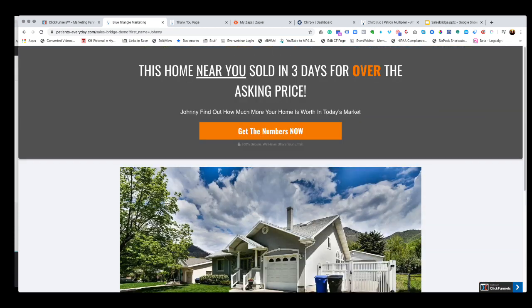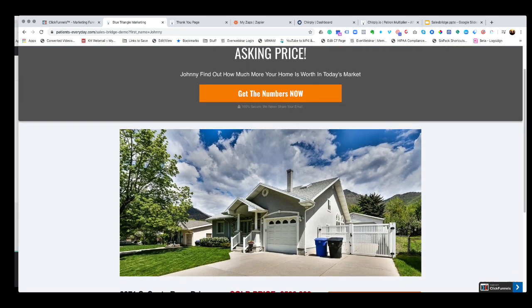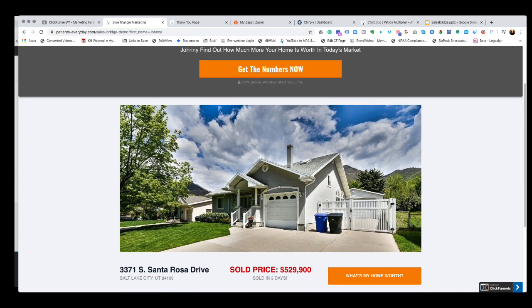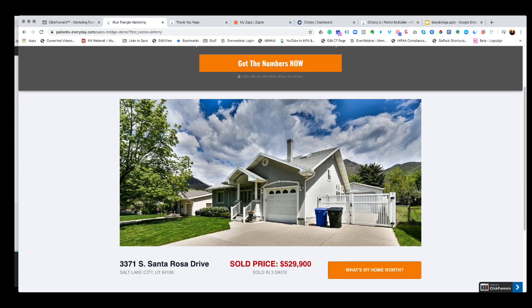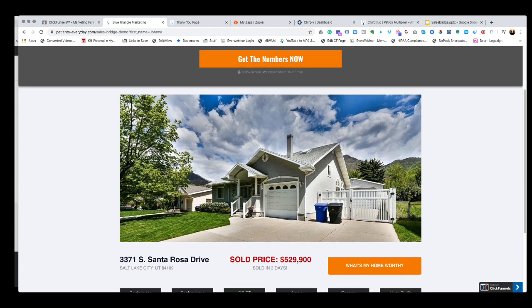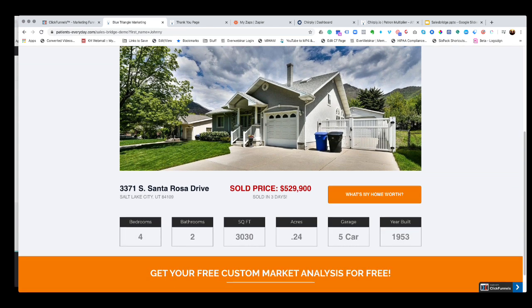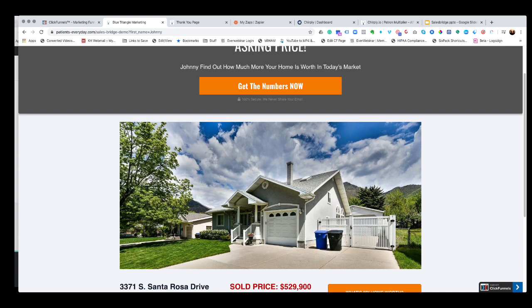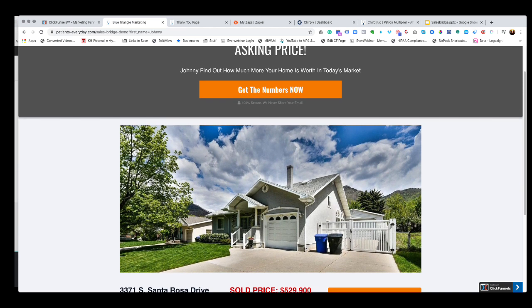So basically, what this is meant for is a just sold campaign. Let's say you as realtors just sell a house on the market. Usually that creates fear of missing out with the existing clients that you have, or that have asked you, or that are in the neighborhood of that house, that also want to sell their house, or that also want to buy a house.